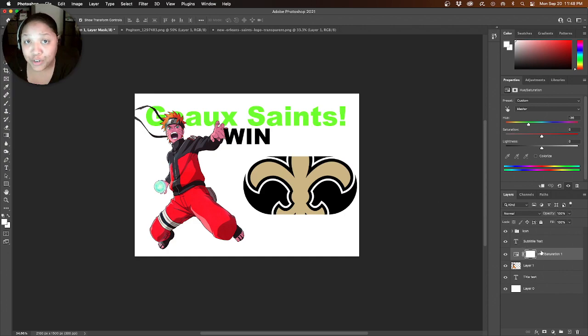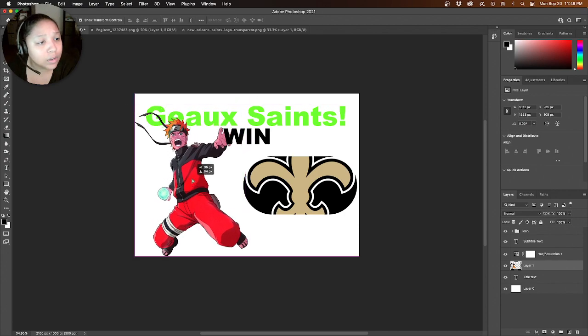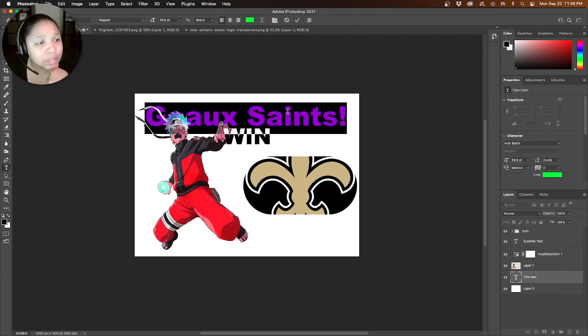But what I can do is I can make it so that this layer only affects the layer that it is on top of, okay? And by doing so, when I click this layer here, have Naruto selected, make sure he is positioned where I want it. Have my Saint, oops,